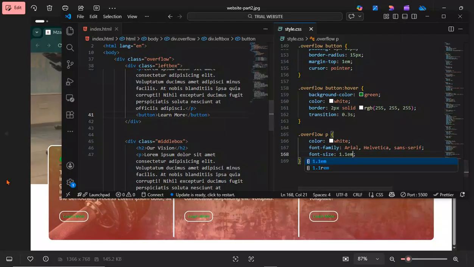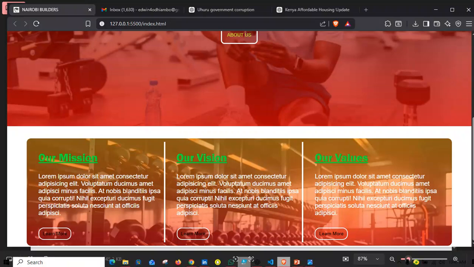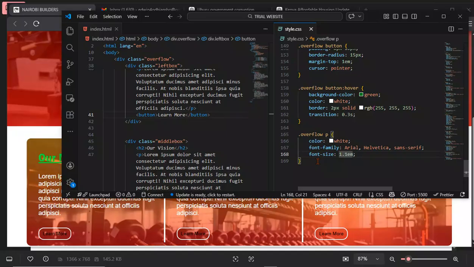Let's check if our colors have changed. This is so big. 1.1 is so big. You see, 1 em is equivalent to 16 pixels. So I will do